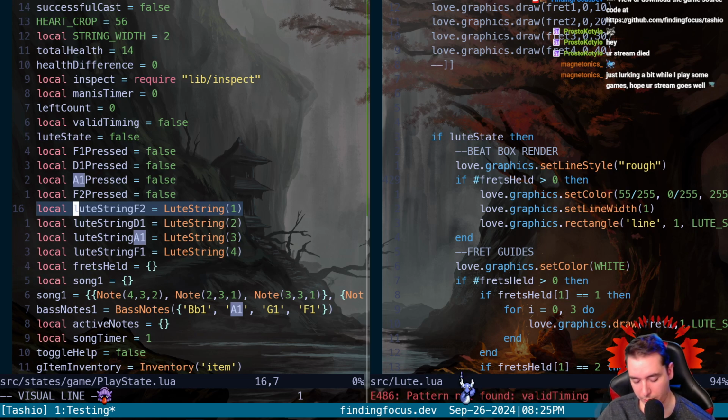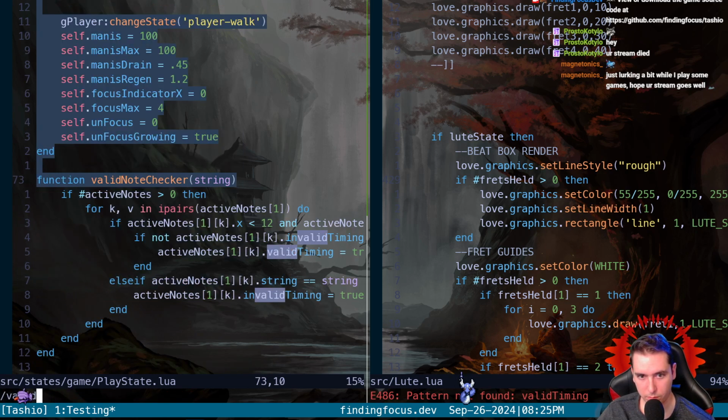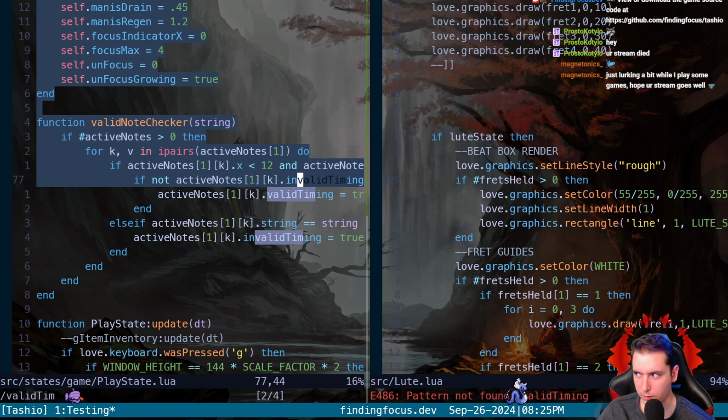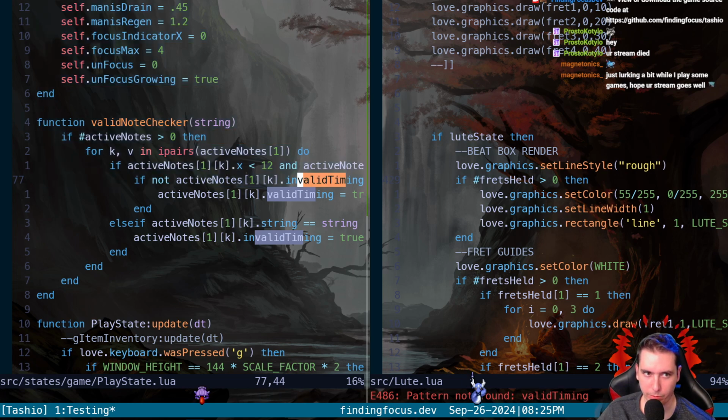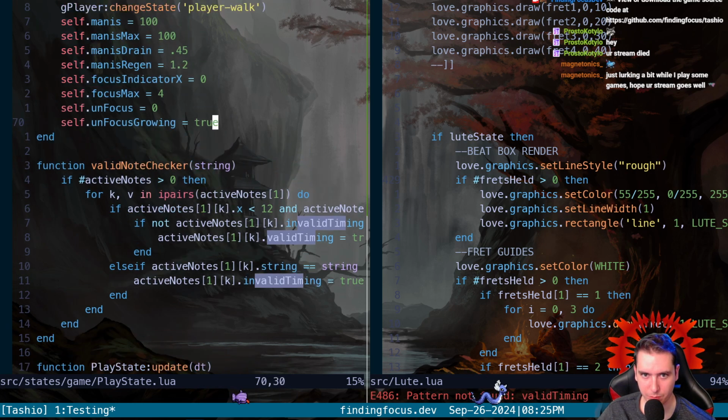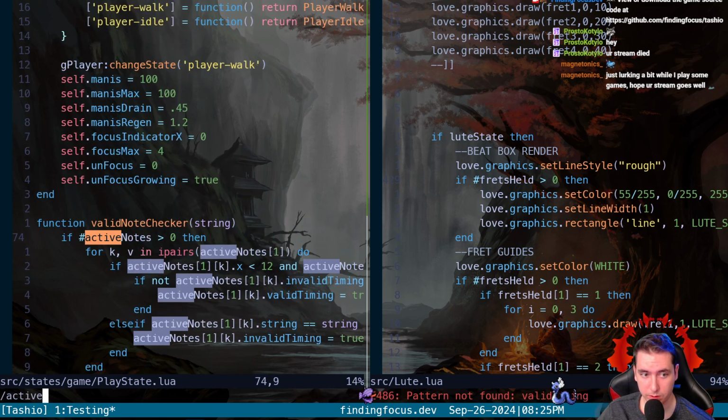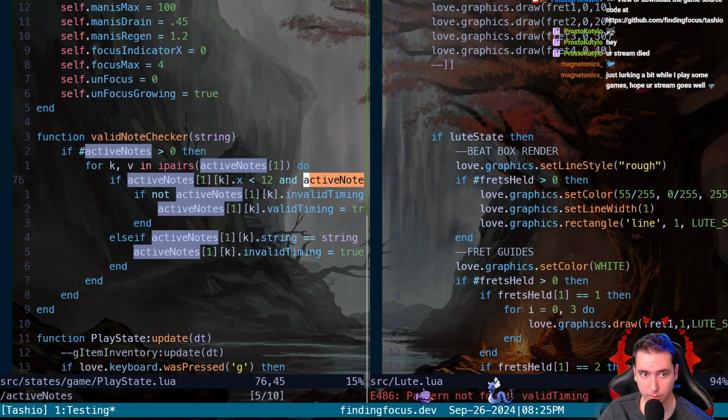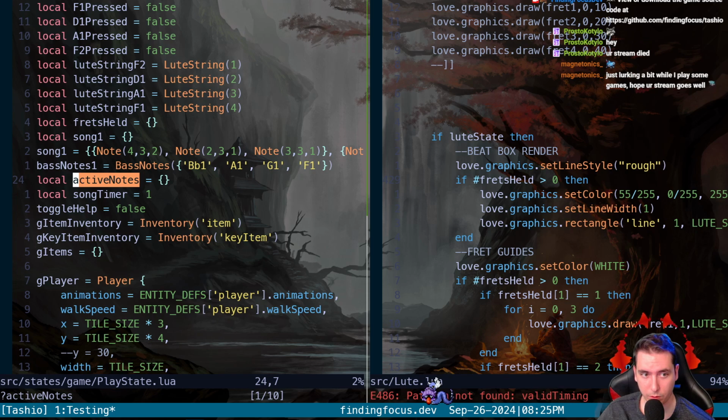Okay, where are we using valid timing here? We're doing it in the valid note checker, which takes our active notes. Okay. Oh no, active notes. All of this should be in Lute class also. Yeah, active notes. Where's that? Local active notes.